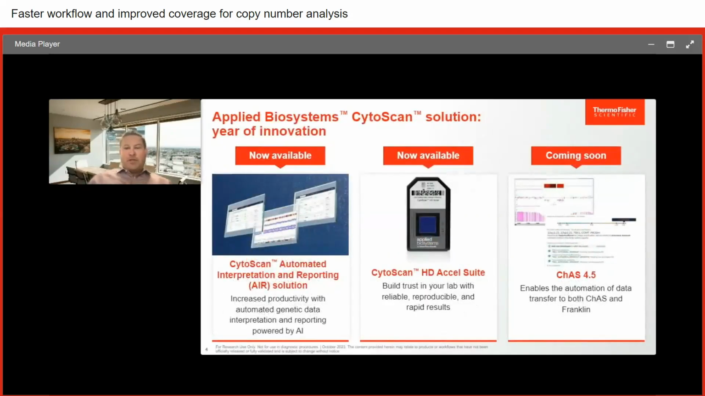So here at Thermo Fisher Scientific, we feel strongly that microarrays aren't going anywhere anytime soon. And we showcase that with our continued investment and commitment to innovation. More recently, with a launch at the end of last year, was our CytoScan Air product, which stands for Automated Interpretation and Reporting. And while Chaz is a fantastic analysis tool, it doesn't bridge the gap between the interpretation classification